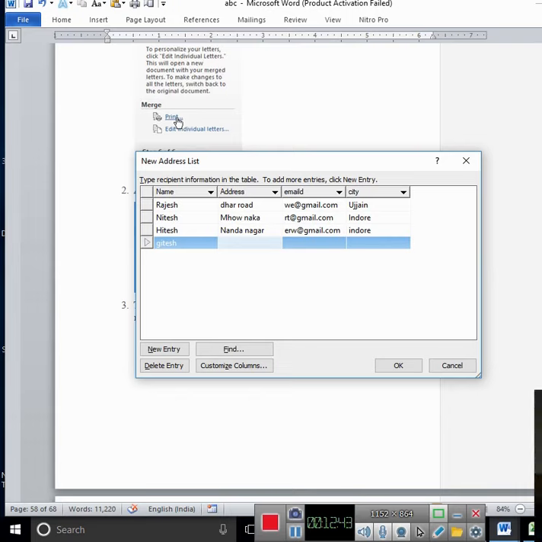Then Satiwala. Indore. These 4 records I have entered it.